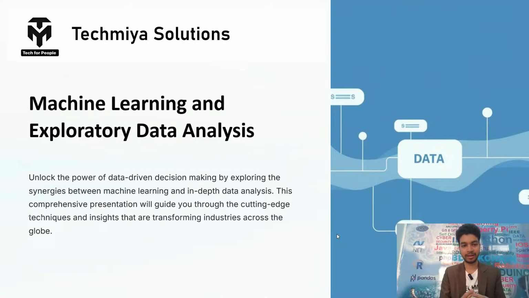When it comes to machine learning, there are different types involved: supervised, unsupervised, and reinforcement learning. But today in this webinar we are going to deep dive into supervised machine learning. Supervised machine learning is nothing but it will have feature columns and a target column.